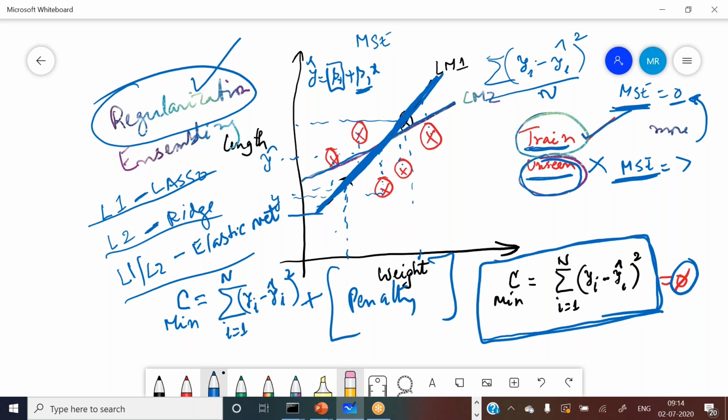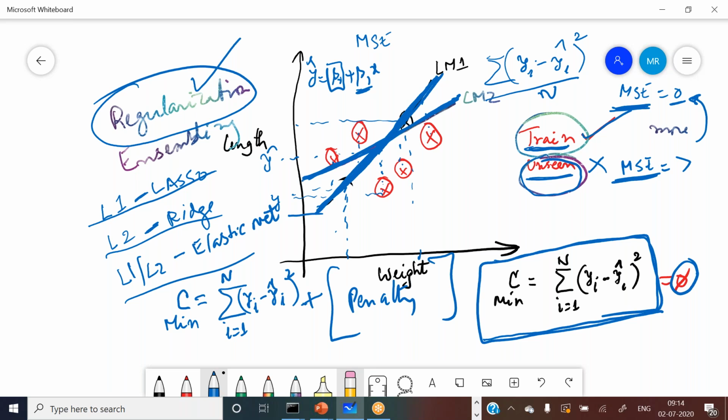So what I want to do is tilt it a little bit. I want to reduce my slope to an extent where a more generalizable model is built. Intentionally I want to do that, so that is why I want to use a different cost function.